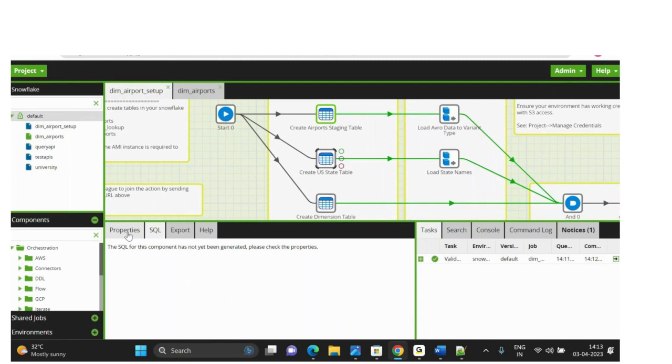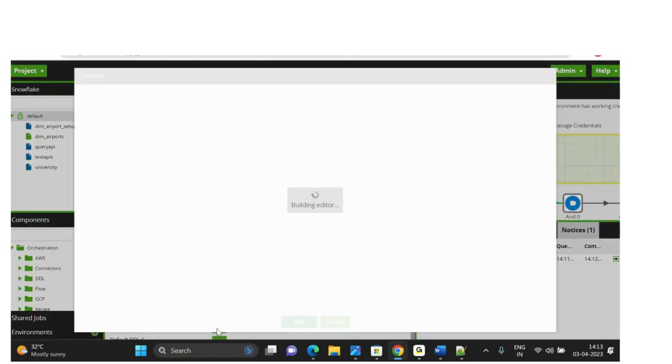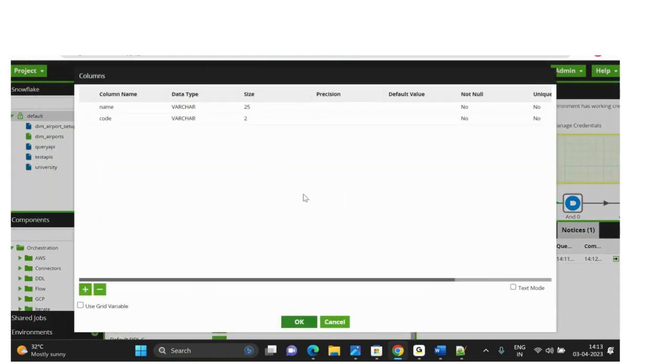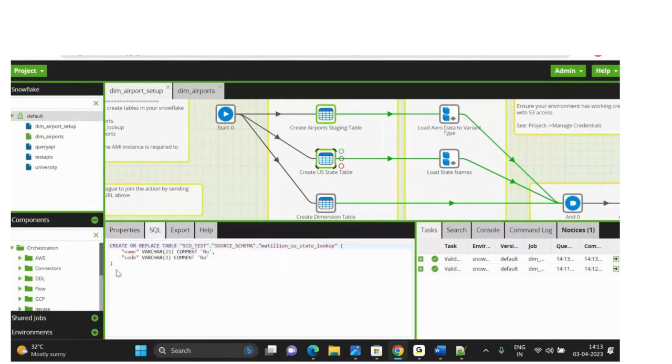If you see the same properties, we are creating another table, which has a set of columns, name and code. Two columns are there. We are giving varchar as the data type, and that's going to create here. It's going to generate a SQL statement, create or replace table, with the table name Matillion US state lookup. So it has two different column names,